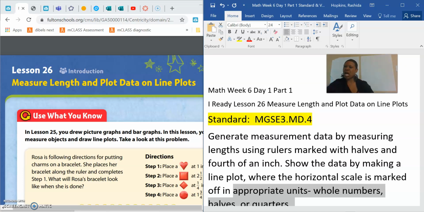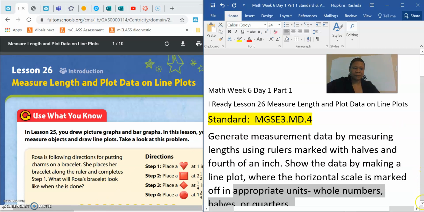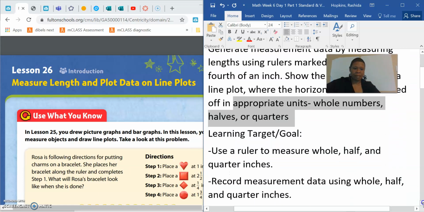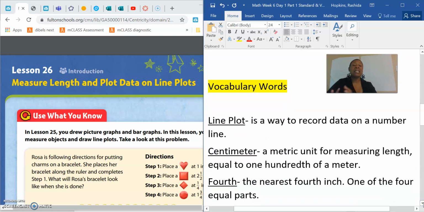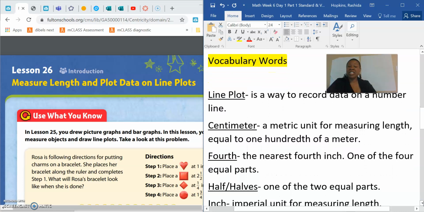Okay. So first, before we get started, I want us to understand some of the vocabulary words that you need. The first one is line plot. A line plot is a way to record data on a number line. So we're going to be doing that today. Centimeters is a metric unit for measuring length, equal to 1/100th of a meter. Fourths: you're going to find the nearest fourth inch on the number line, one of the 4